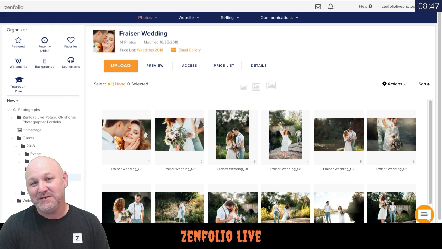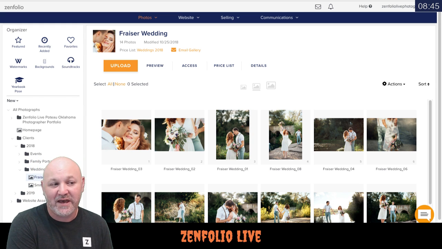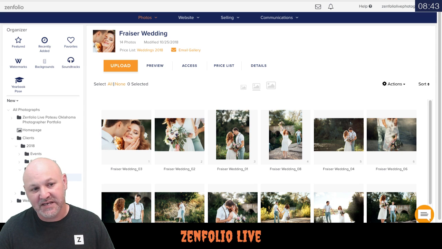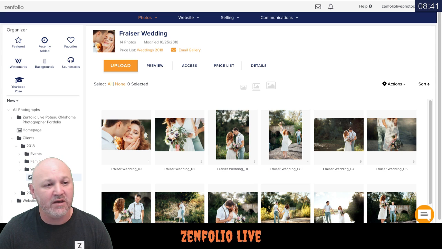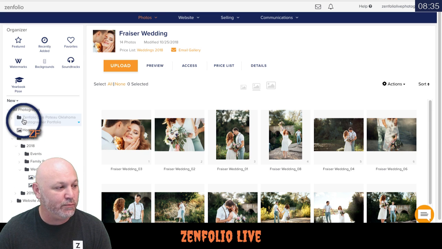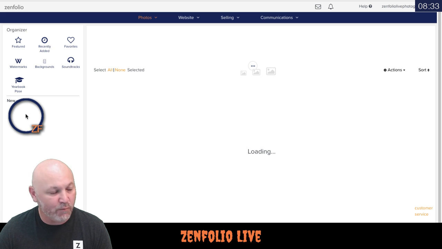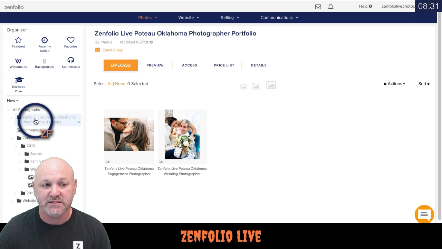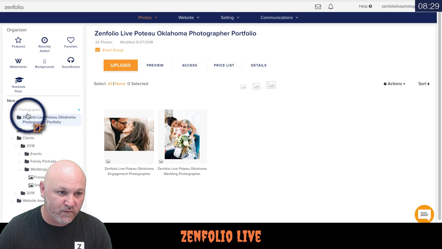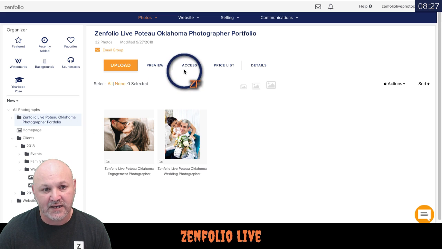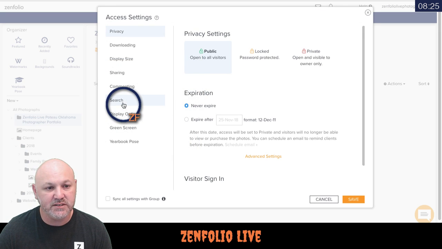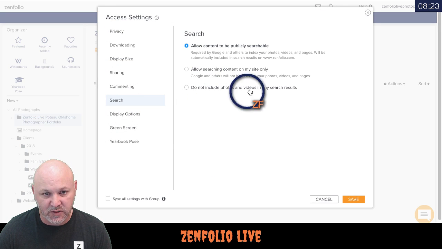Absolutely. So you can definitely do this. There's a couple of different ways you can do that. One is by changing the access. So if you don't want all of your photos to be included in that search, then what you could do is click on a group. Let's say we don't want most of our photos being included in the search results. You can go to a group, go to access, go to the search settings and set do not include in